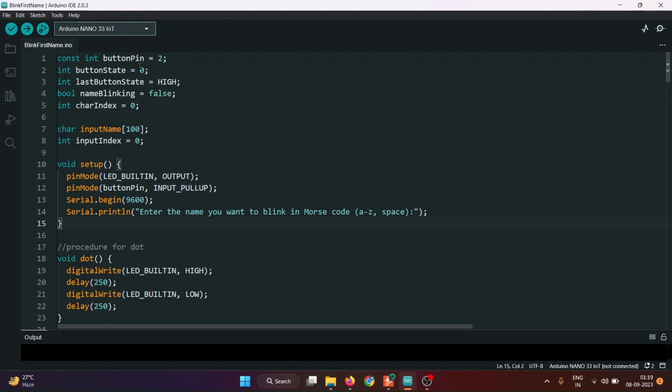This const int button line is the first line of the code. The code begins with the declaration of a constant integer. Here it is the button pin assigned the value 2. This pin serves as the connection point for the button. Now after that, int button state equals 0, then int last button state equals HIGH. Then what